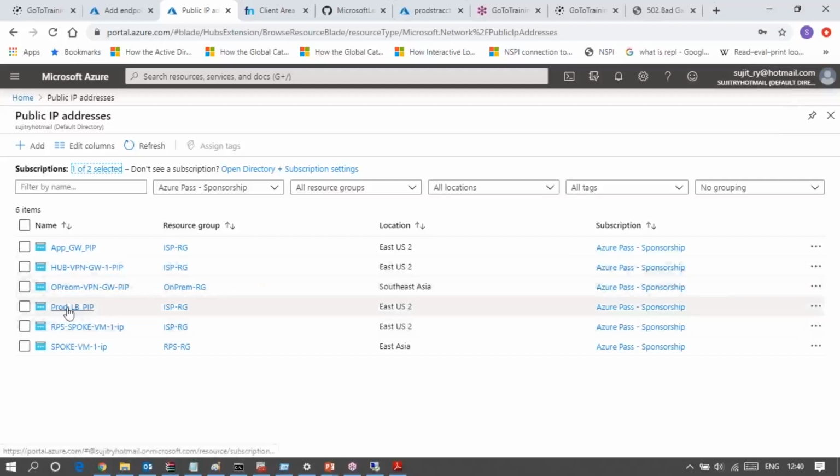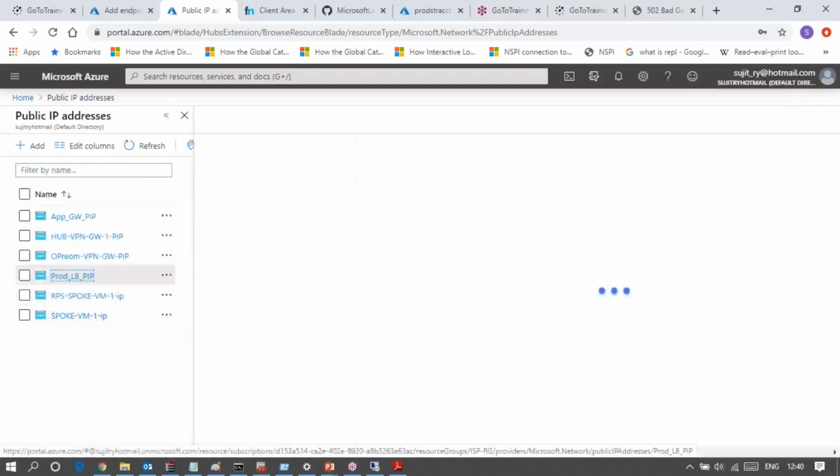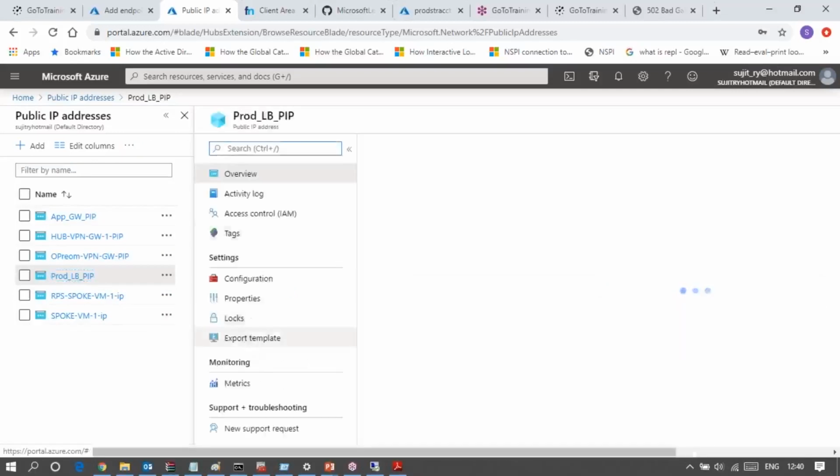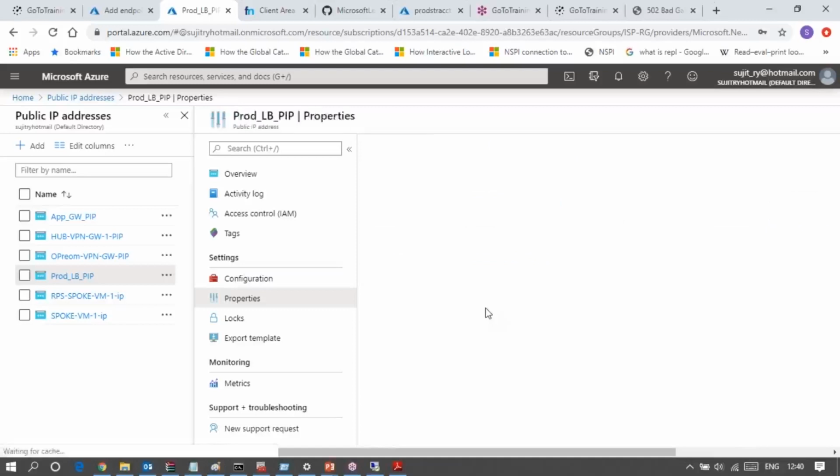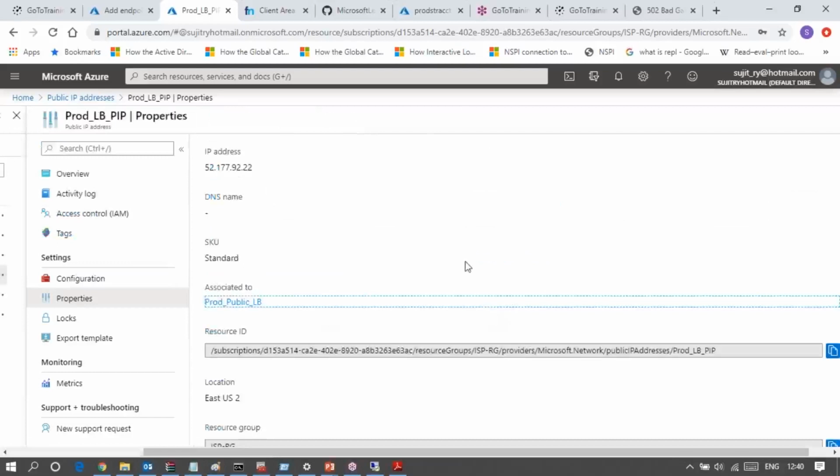I can go to the load balancer public IP. Okay. And I will put the DNS name for this public IP. So the DNS name, you can add it, I think, from the properties. Wait for a while. Let me check. There is a public IP. DNS name is not there.